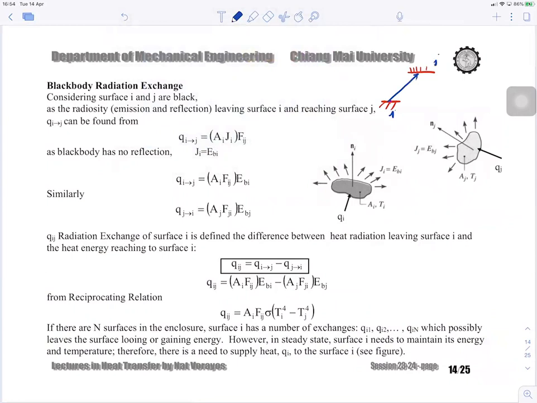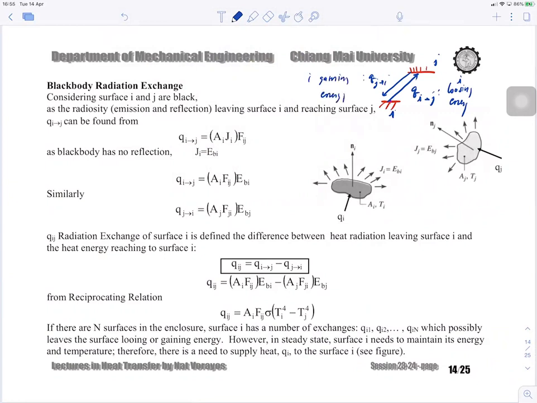This is I, this is J, Qi to j. And then on the opposite, you're gonna have Qj to i, meaning that this is I losing energy. This is I gaining